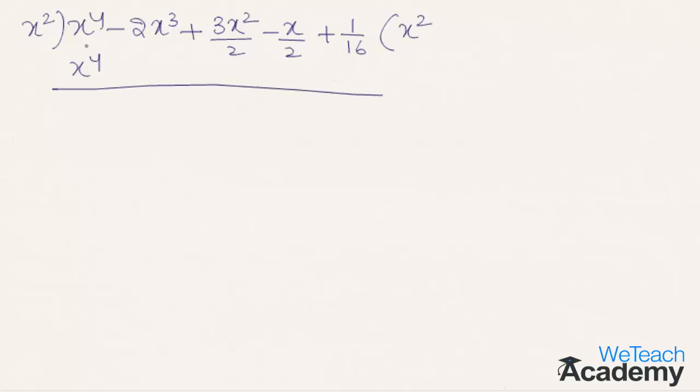So here we get the additive inverse of x power 4 as minus x power 4, and plus x power 4 and minus x power 4 get cancelled. Now bringing down the next two terms, minus 2x cube plus 3x square, we get the new dividend. Now let us find the divisor over here.